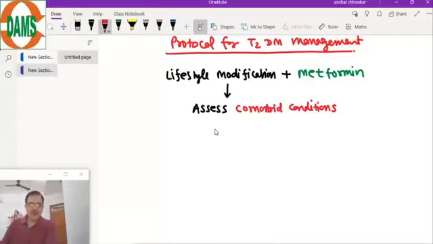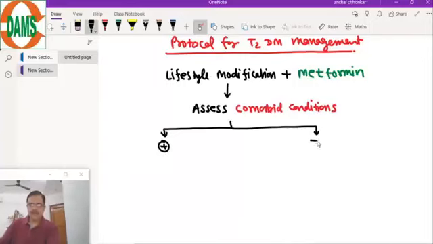And these comorbid conditions, if they are present or absent. Assess the comorbid conditions, and three important comorbid conditions are taken. These conditions are: